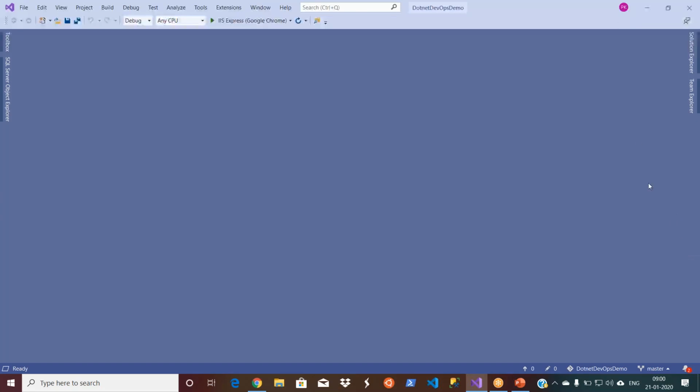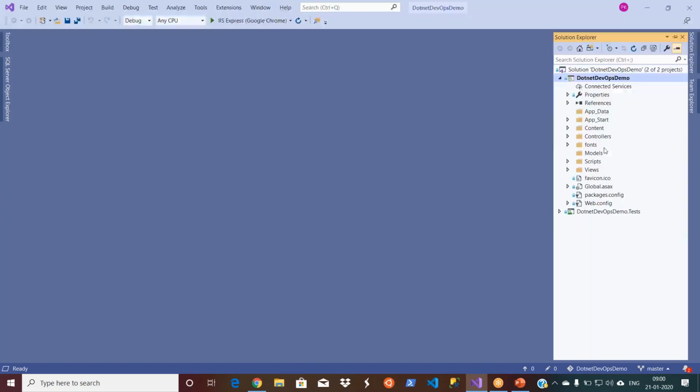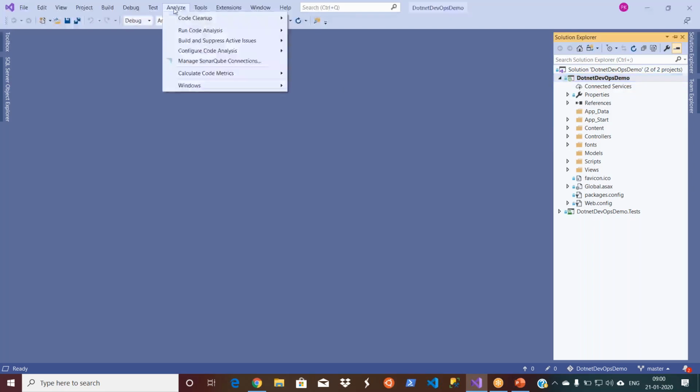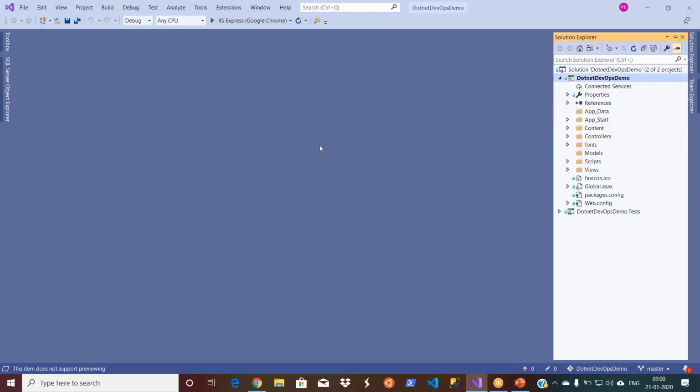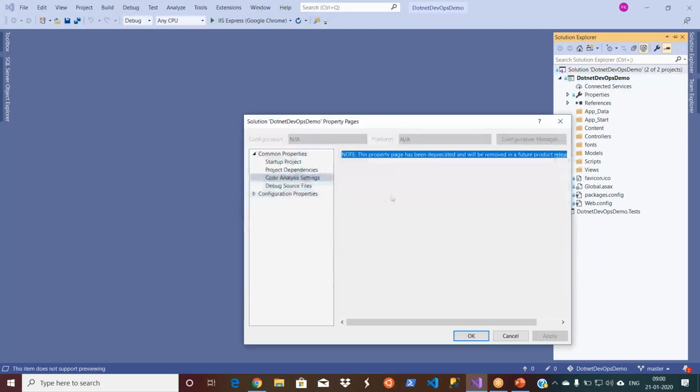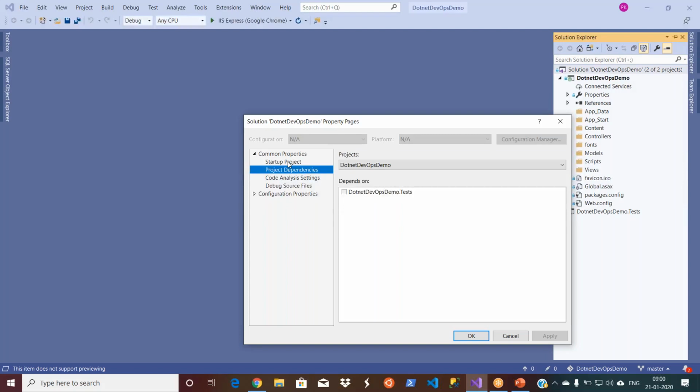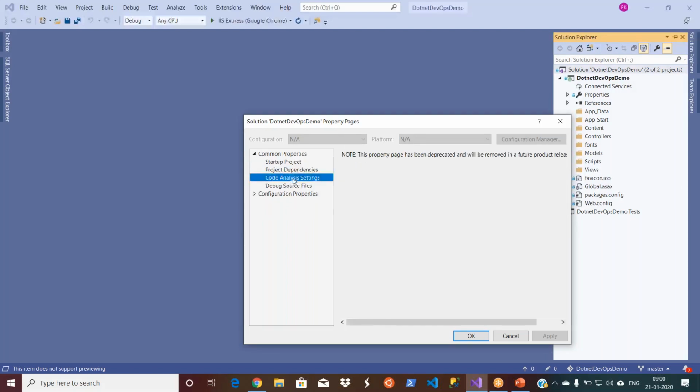Just give me a minute, guys. Analyze. Now I have more options. Configure. This property is being deprecated. Not this one.